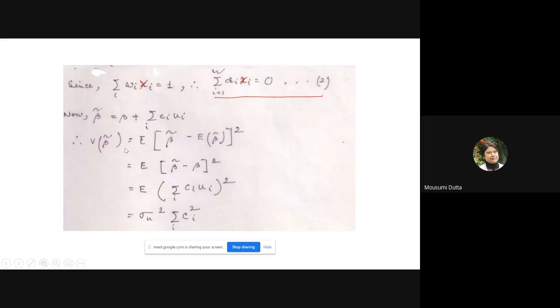Now variance of beta tilde, that is expectation of beta tilde minus expectation of beta tilde whole square, like any other estimator. Expectation of beta tilde is equal to beta because we are considering beta tilde in such a way so that it is an unbiased estimator of beta. So it is expectation of beta tilde minus beta whole square. Now beta tilde minus beta, that is summation ci ui. So it is expectation summation ci ui whole square. Okay. So this is equal to